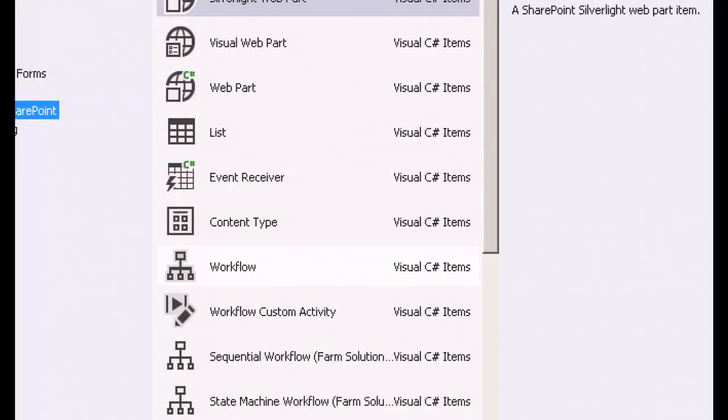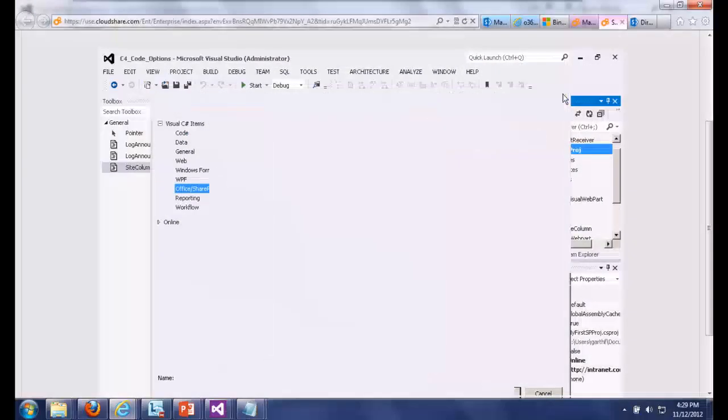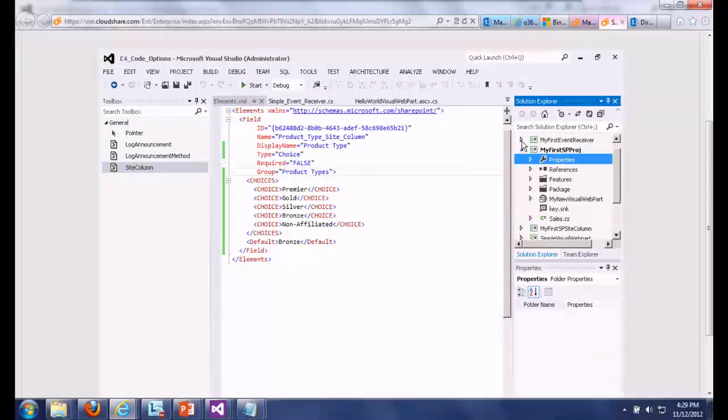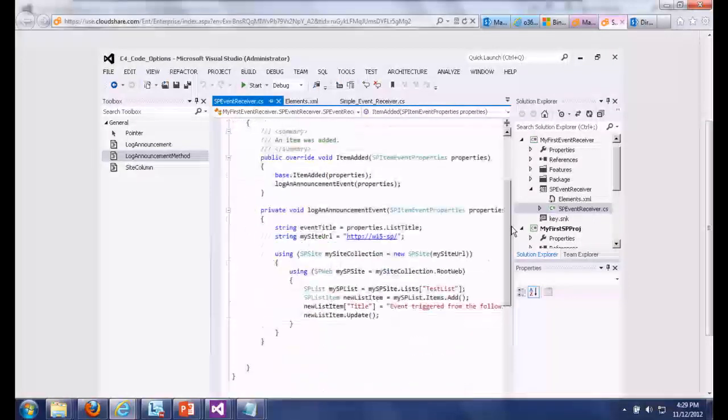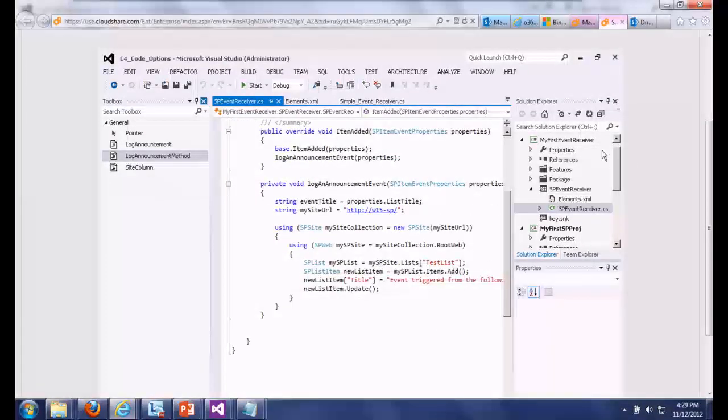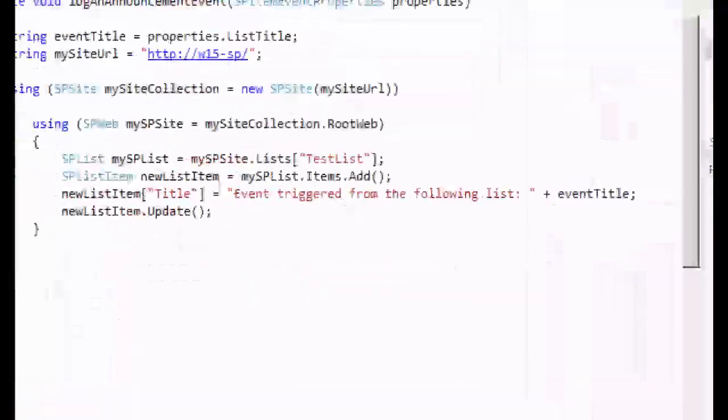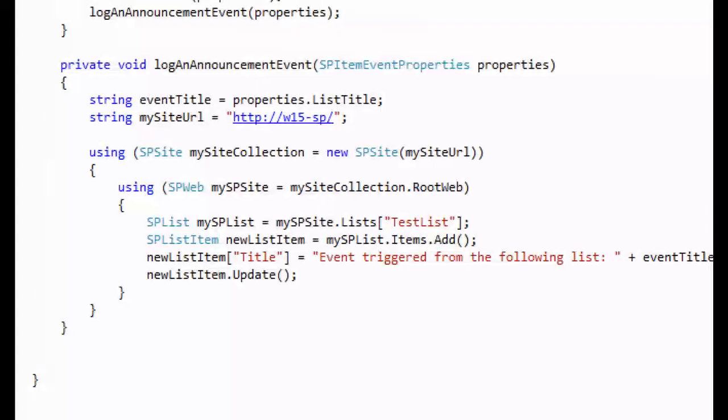You build a project, you add something to it. The difference here, again, is you have access to a much broader set of APIs. So for example, if you look at one of these guys I've built, I'll go into my first event receiver and look at the code. And here you can see I've got some code that's basically interacting with what's called the server object model. Okay? And this is basically just going through, and when I add a document, it's going to call this function and then add an item to a list. Okay, it's just an event trigger, right?